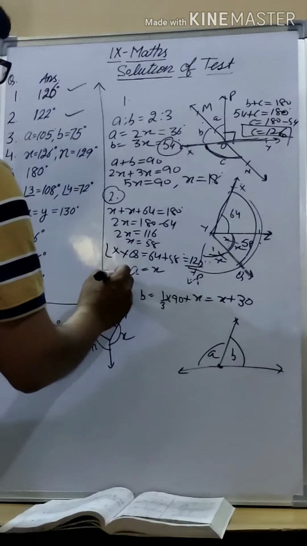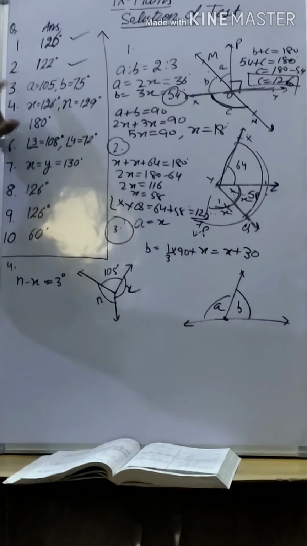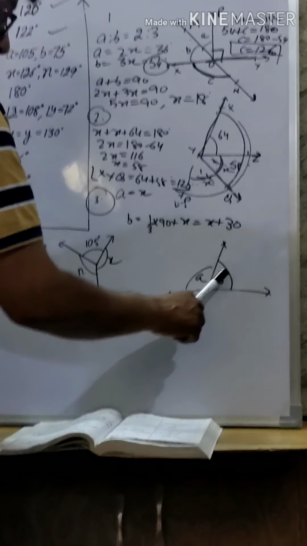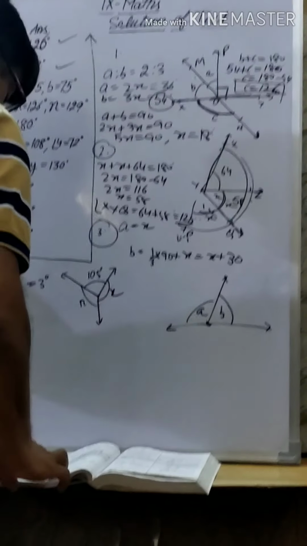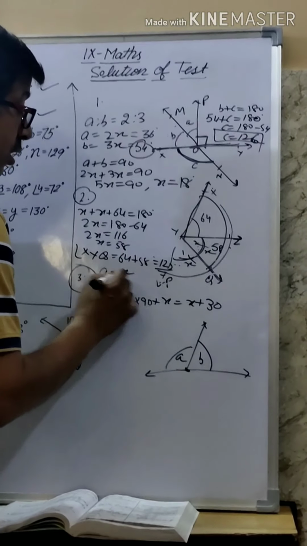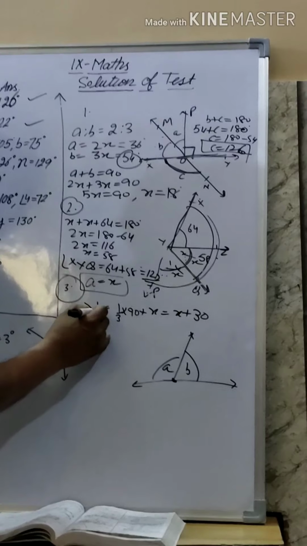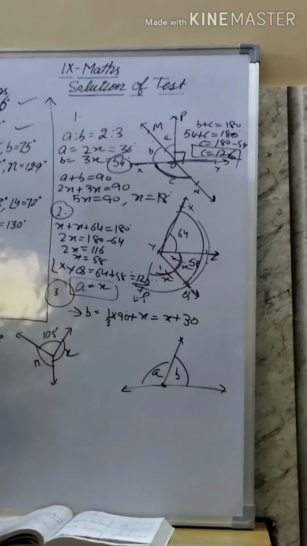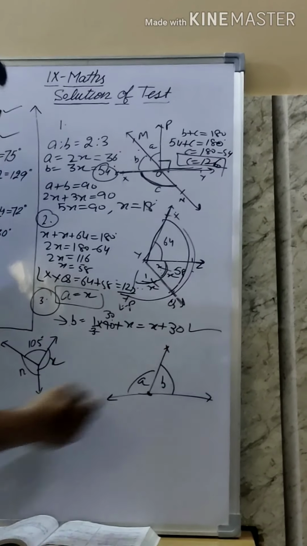Hear this. Now the third question, you see. You read this third question. What is given? On the straight line, these are angle A and angle B, and one thing is given: B is more than A by 1/3 of a right angle. So let us suppose angle A is equal to x. Therefore angle B is 1/3 of 90 degrees more than x. So 1/3 of a right angle is 30. So this is x plus 30 degrees.